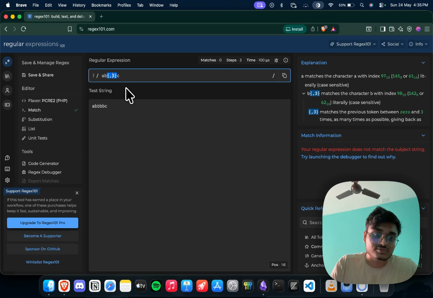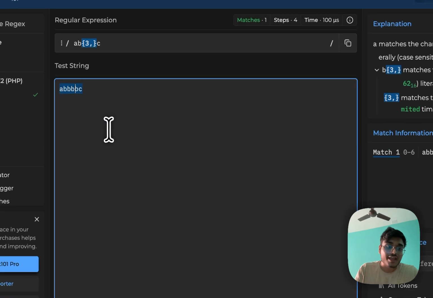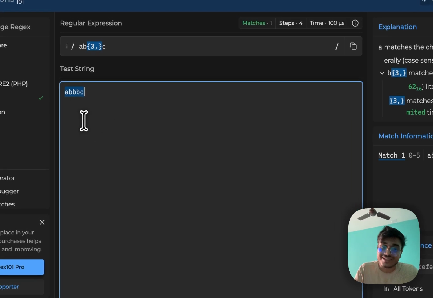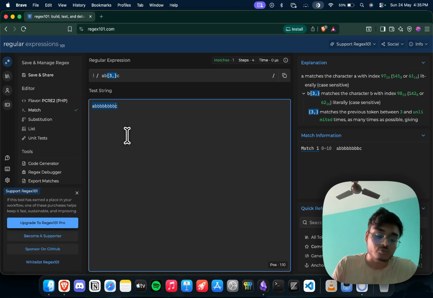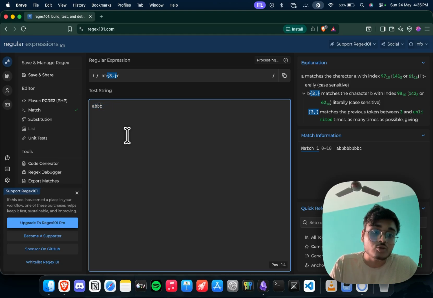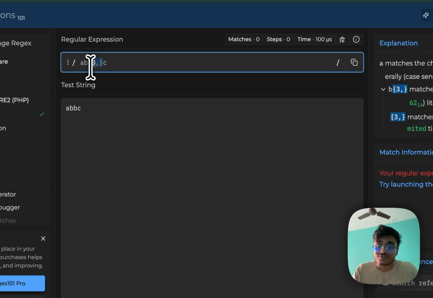This thing also can work, but for this you have to have at least 3 B's, and on top of it if you type A, B, B, B, how many times you want to put them, you can put them, but 2B will not get selected because the least amount is 3. Okay,